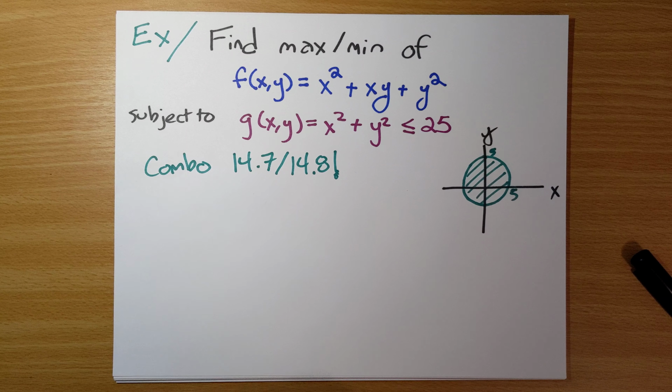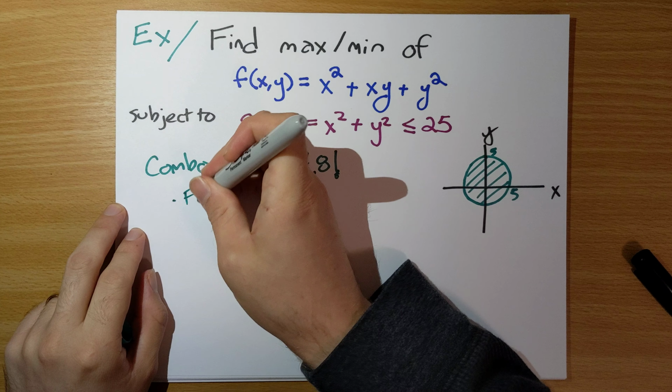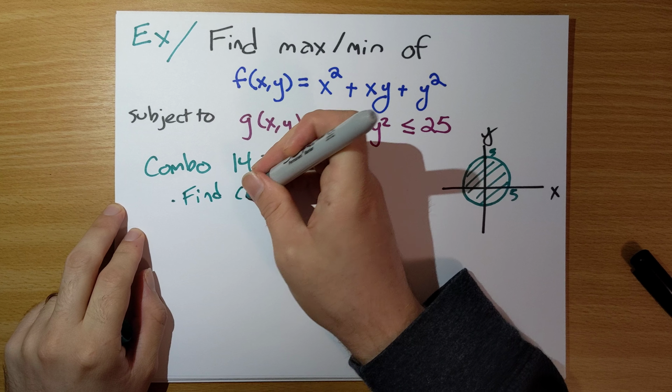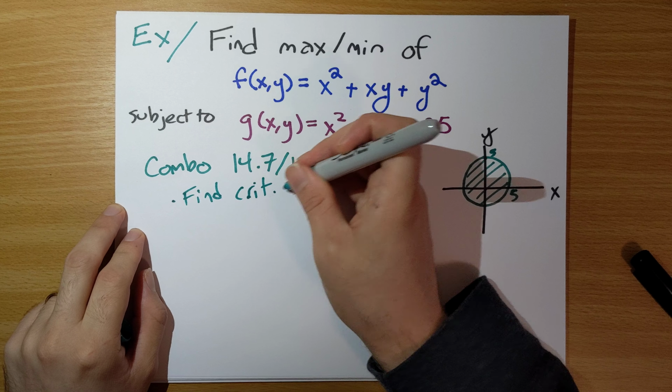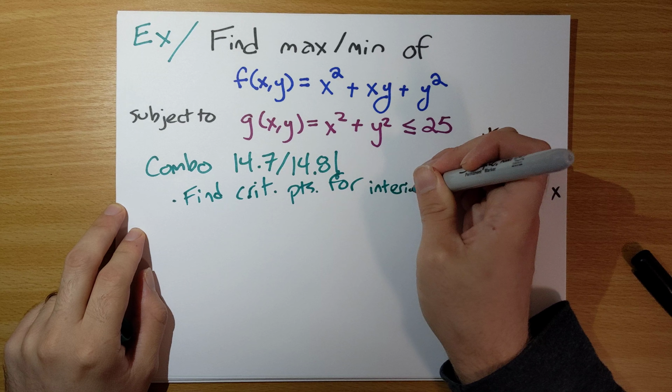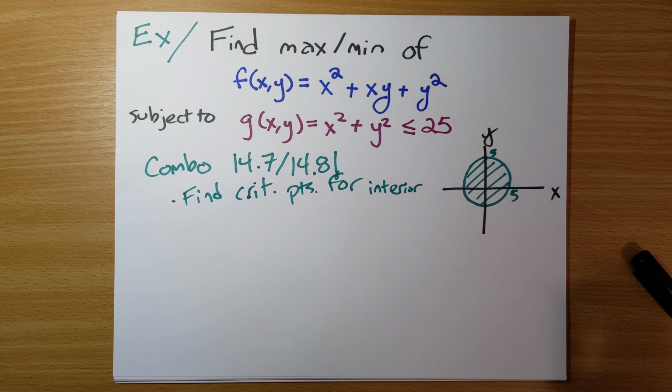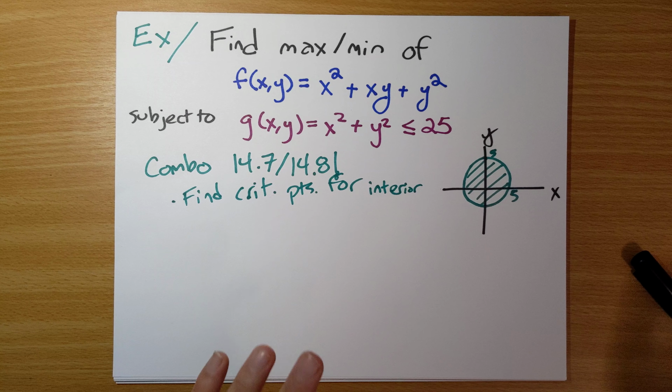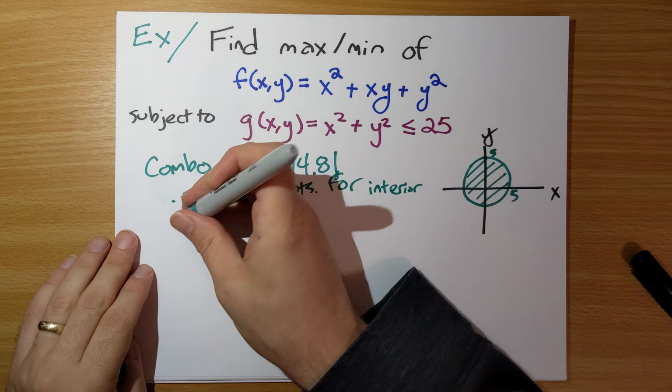So what we're going to do is find our critical points for the interior, just like we did in our examples at the end of last section, section 14.7, but then for the boundary,